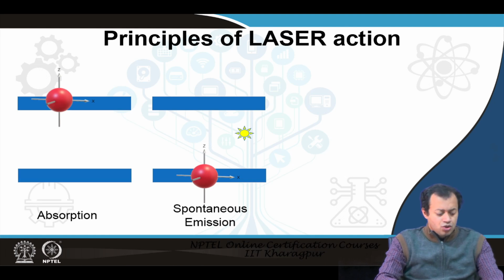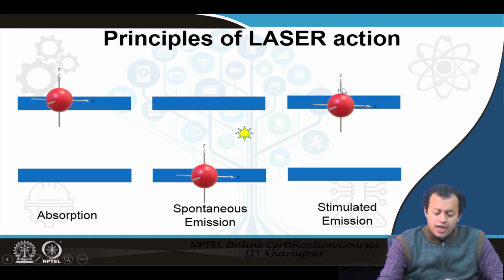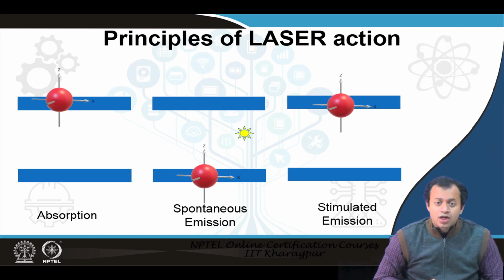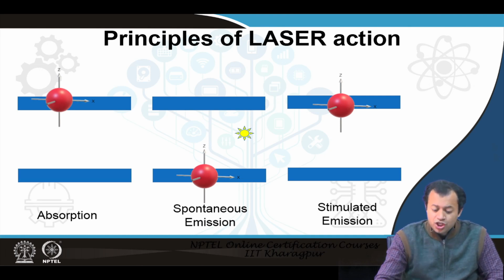Stimulated emission. Now, let us talk about stimulated emission. Stimulated emission happens when there is already an electron existing in the higher energy level. Please pay attention, this is crucial, this you need to know, even physics students, that there is an electron already existing in a higher energy level and it has not emitted anything yet, meaning it has not done any spontaneous emission and it has not returned back to its original ground state or low energy level. It is still in the upper level.